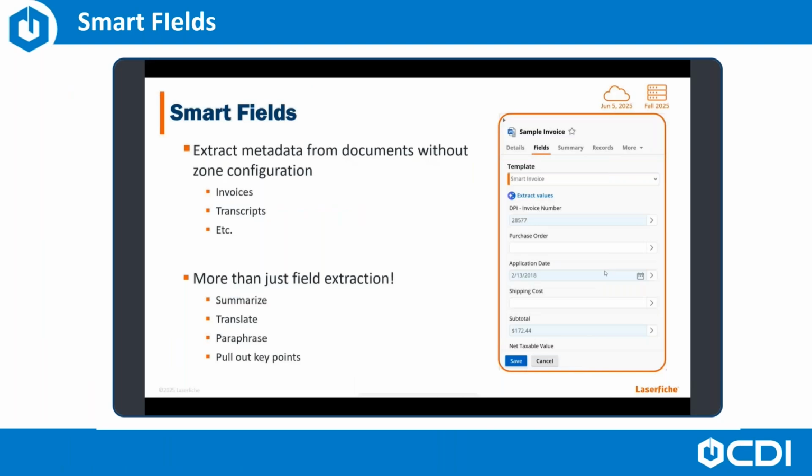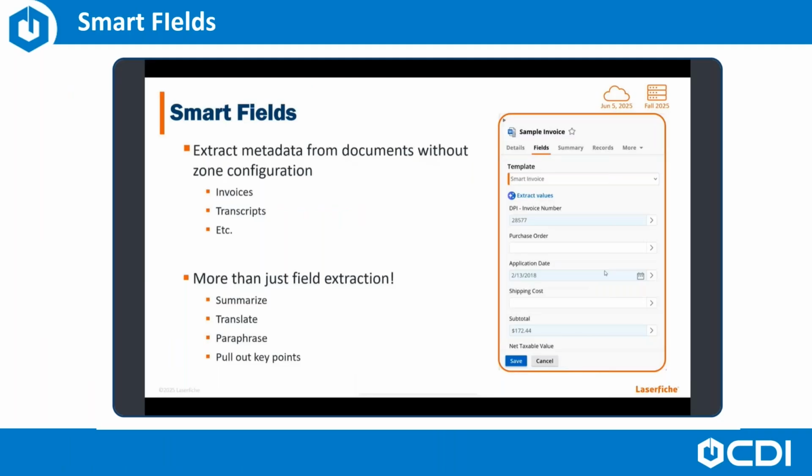processes. This Smart Fields feature can automatically locate and parse relevant data points, things like invoice numbers, vendor names, dates, line item details, even from complex or unstructured documents, the voluminous PDFs that were scanned through a network device, leveraging pre-trained or custom models to learn the nuances of your specific document types.